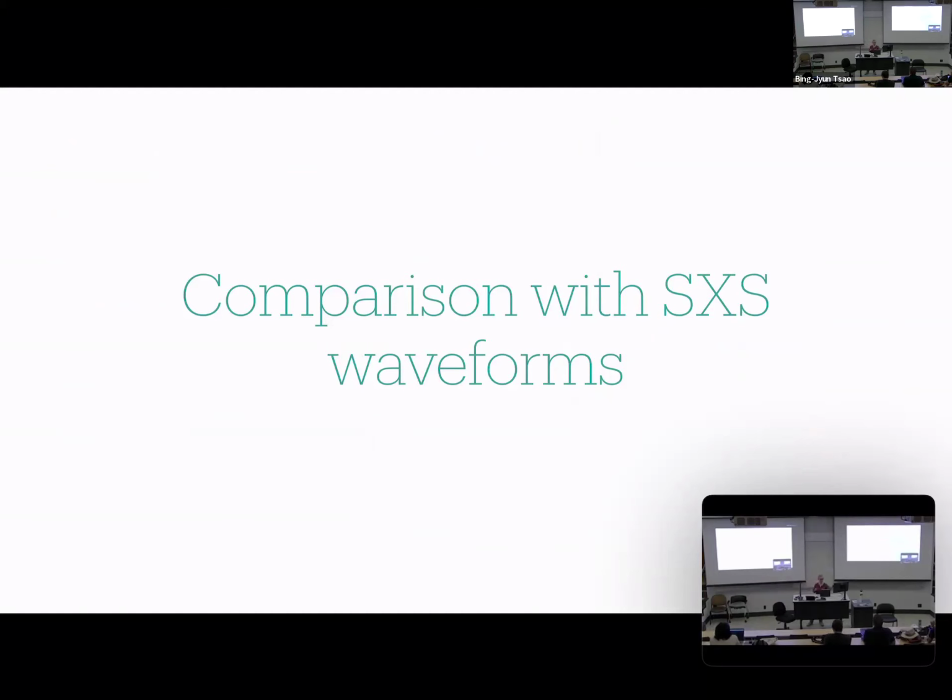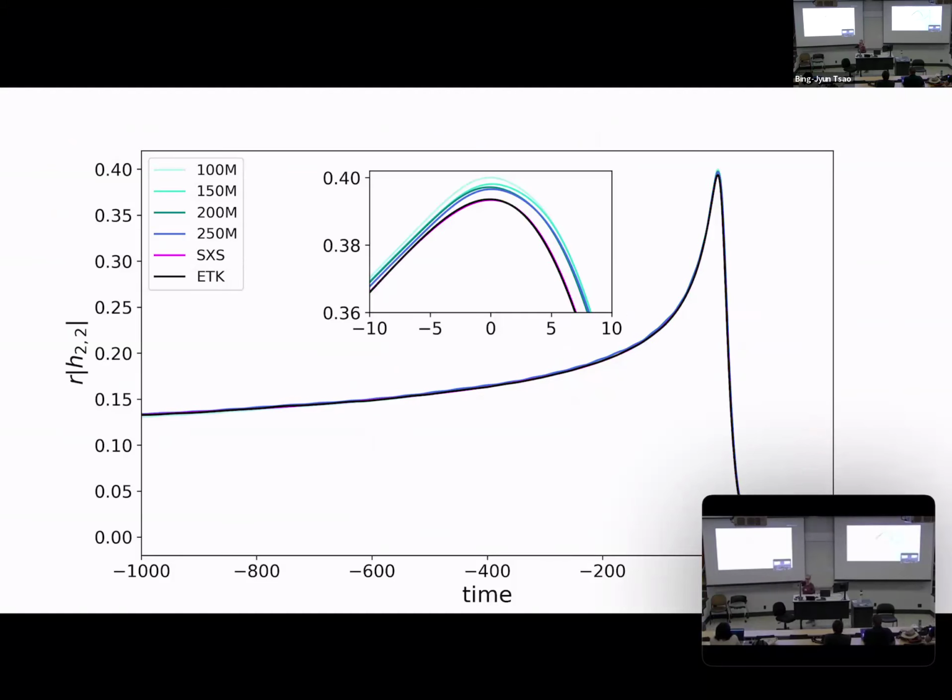All right, and then some comparisons with SXS waveforms directly. And so now, once again, I'm still showing those finite radius waveforms, and the black is still the waveform obtained by running an ETK waveform through SpECTRE's CCE code. And then SXS here, the pink, is a SXS waveform that has also been run through their CCE. Equal mass, non-spinning. It's a much larger separation than this simulation, but I was flabbergasted, to be honest, to see just how well that aligned.